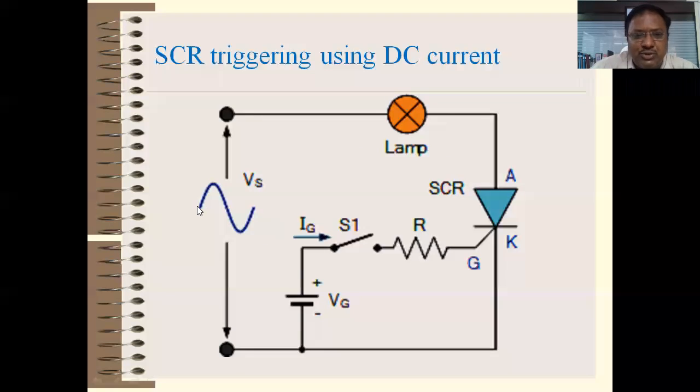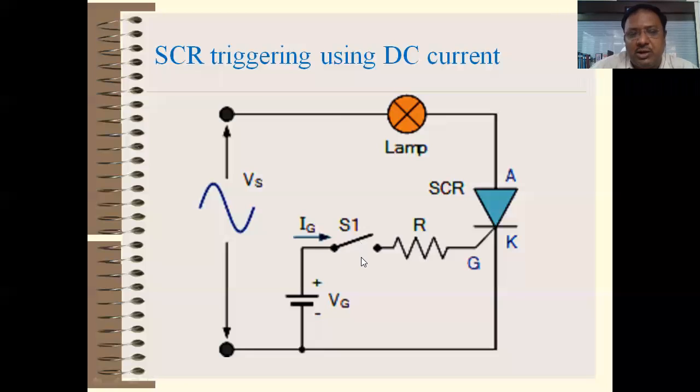Okay, you can say the input cycle starts at 0, and after 90° of the input cycle, if you turn on this switch S1, then gate current flows into the SCR. So the SCR turns on. Once the SCR turns on, the anode current starts to flow, and then your lamp turns on, right? So the remaining 90° part may flow through the load, right? So that time your firing angle is equal to 90°, right? So you can change the firing angle. It depends upon your switching time.